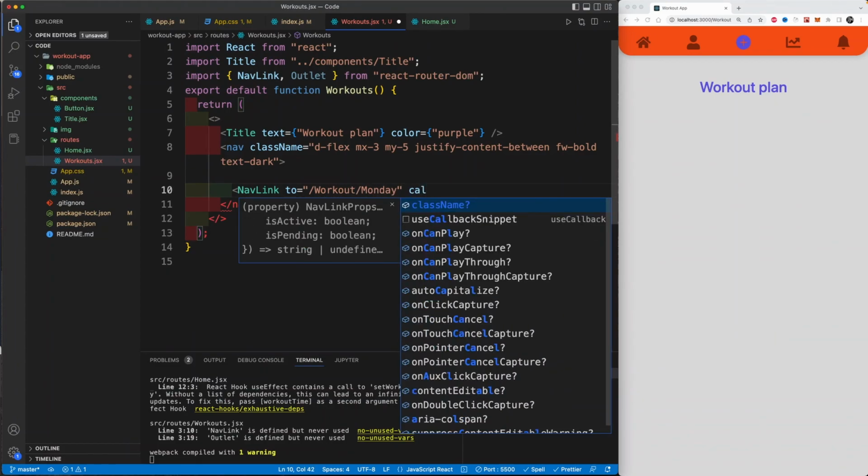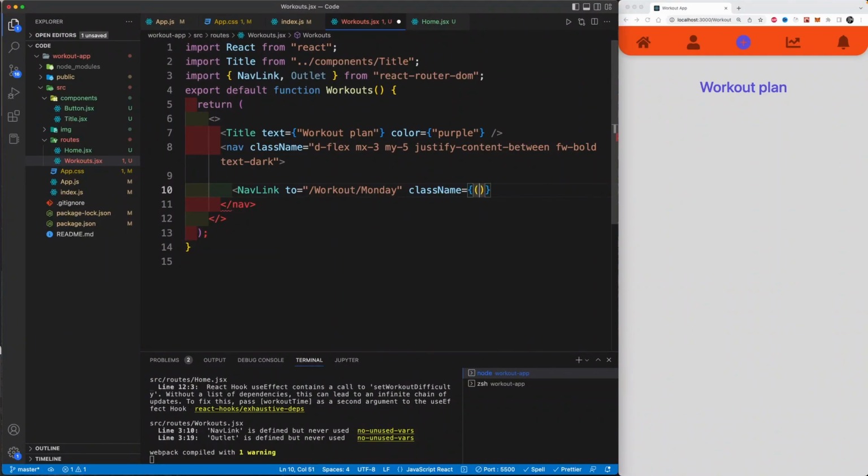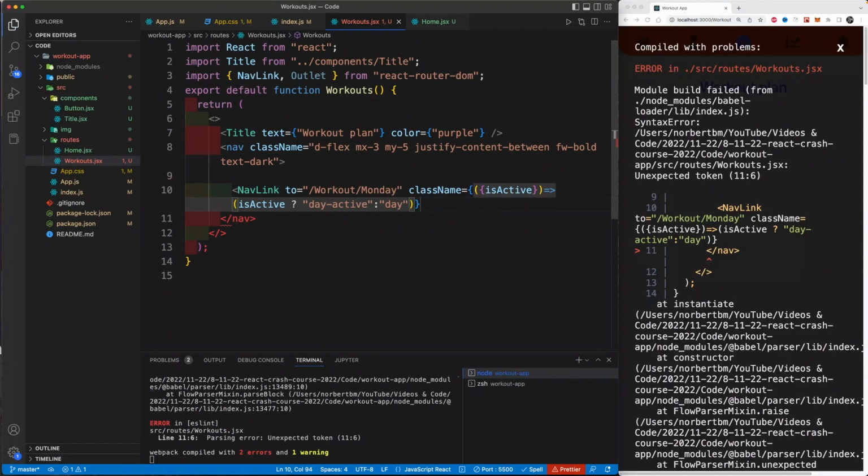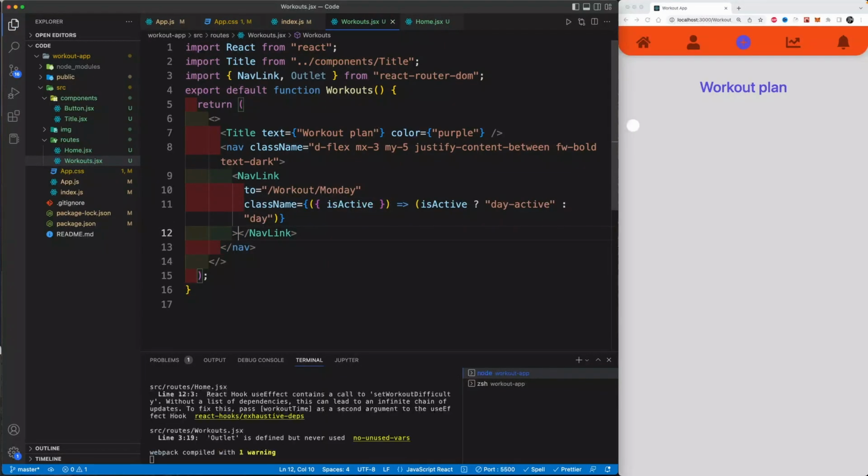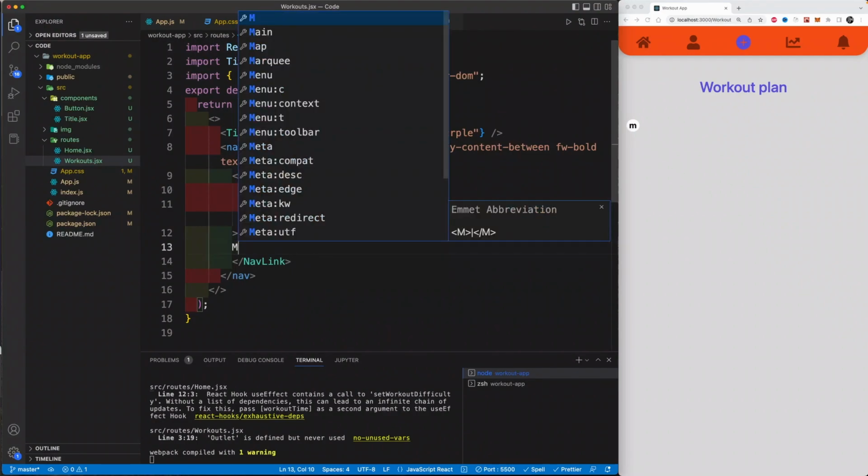Okay, className again, we're going to do exactly the same thing. We're going to use a callback function here and check for isActive, and if it's active, then we're going to set the class as day active, and if it's not, then I'm going to set it to another class of day. And these are just classes that I defined in CSS. And also close this up with a closing NavLink. Okay, within here we're going to have just an M for Monday, capital M. You can see